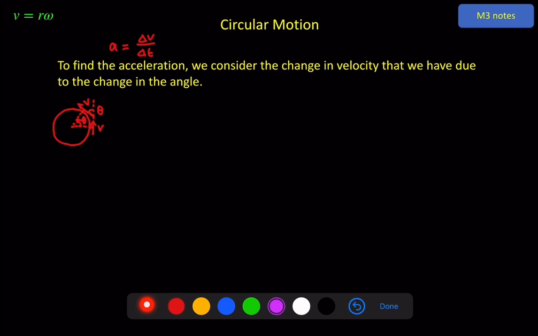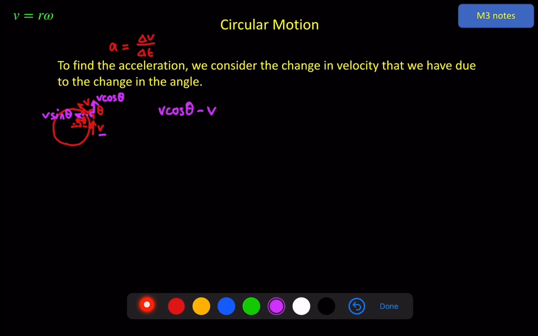So if we've got components, we've got a component this way, which is v cosine theta, in the direction of the initial v, and then we've got a component this way, v sine theta, which is perpendicular to the original direction. So I've got two things I need to consider, two components. The first, v cos theta